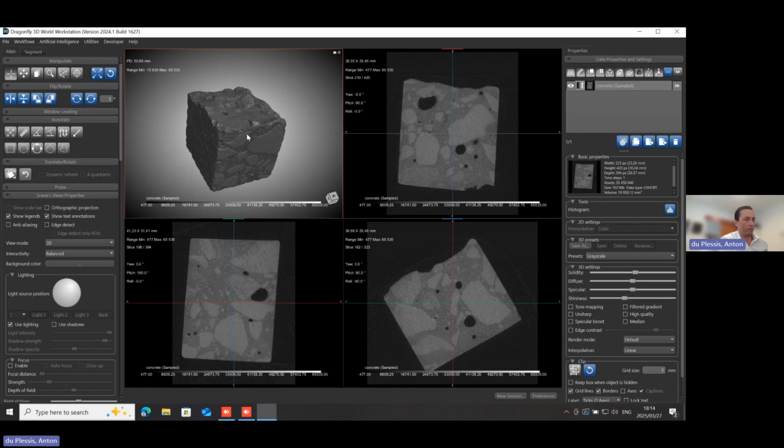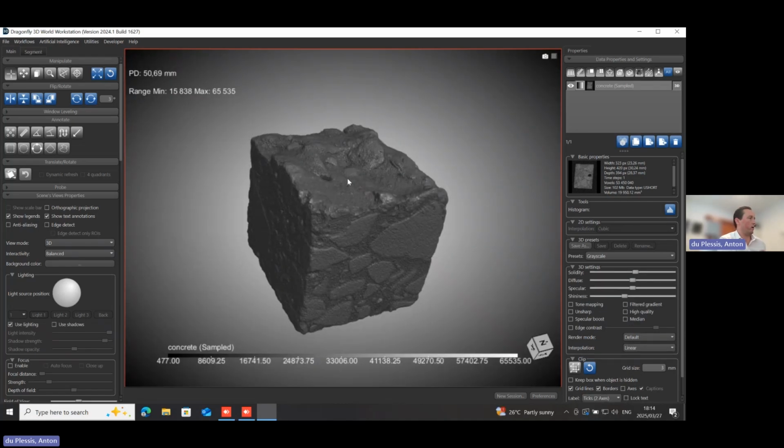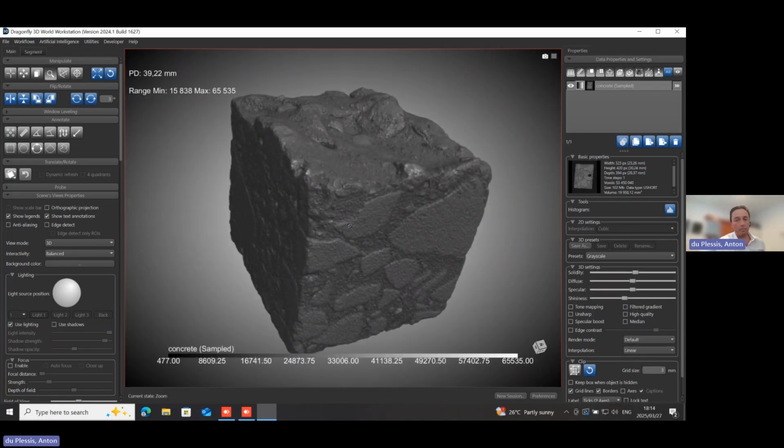So the first thing I want to show here, if what we want to do is very much similar to the previous example. Again, segment the porosity in the simplest way using Otsu thresholding, but I will also show you how to do that manually with Otsu thresholding and to adjust that manually.